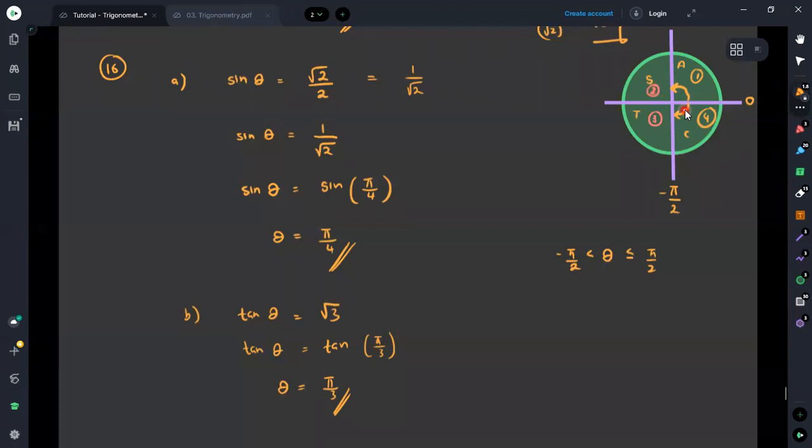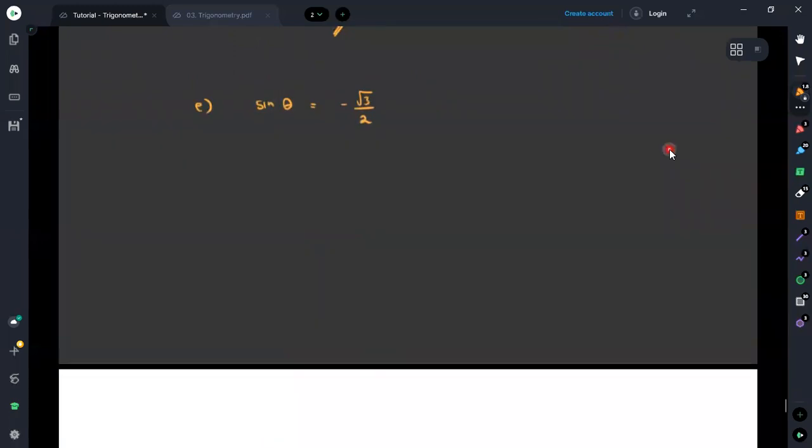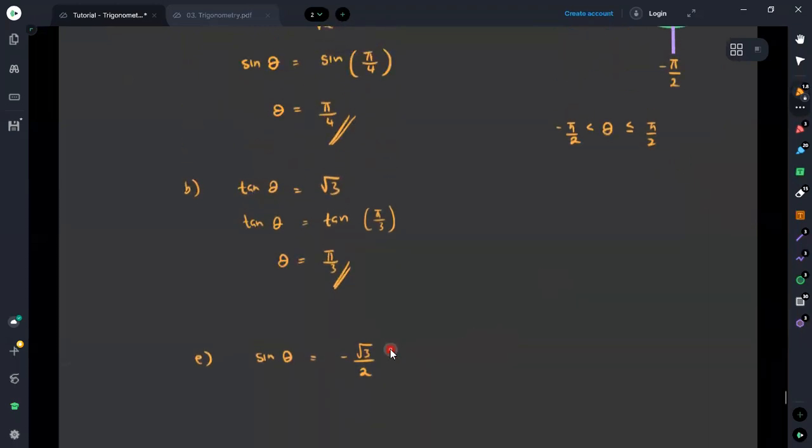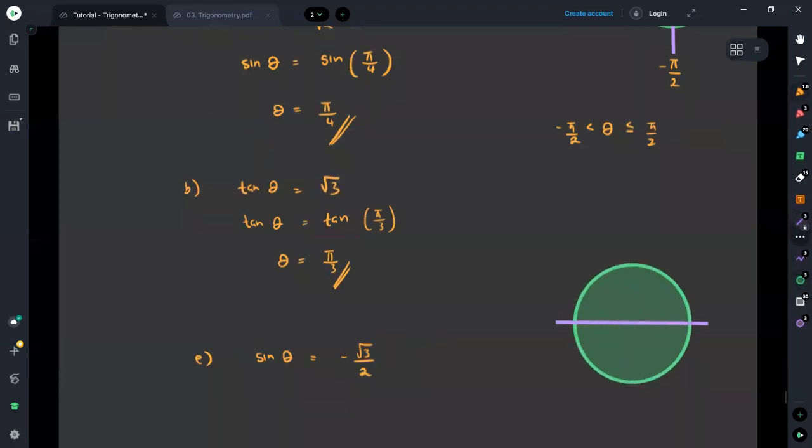But according to the region of theta, we can have it in the first or fourth quadrant. Therefore, among these two regions, sine will be negative in the fourth quadrant only. So we can say this angle is definitely in the fourth quadrant. We know the angle should be in the fourth quadrant, and if it is theta, then the value of sine theta should be root 3 over 2 if it is measured in this direction.